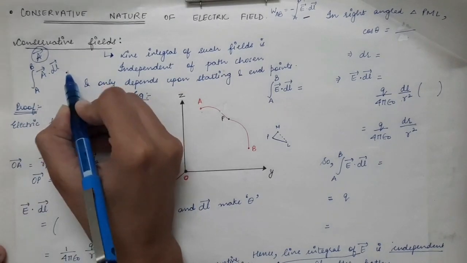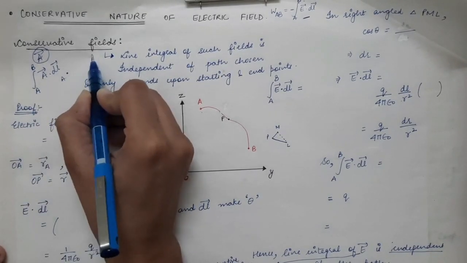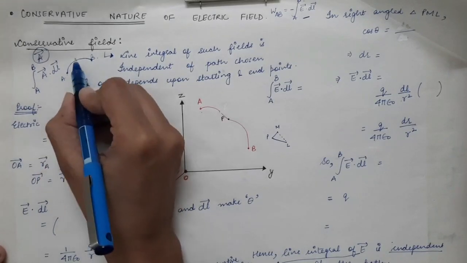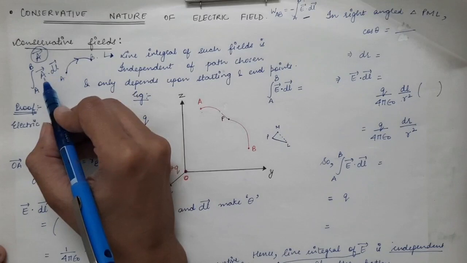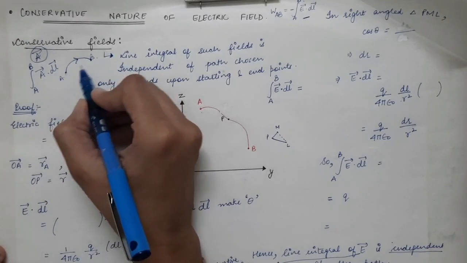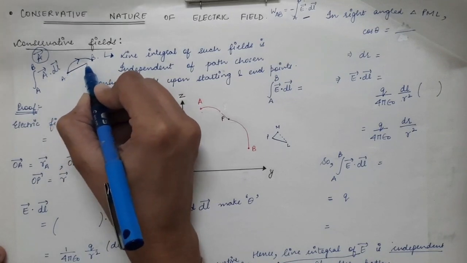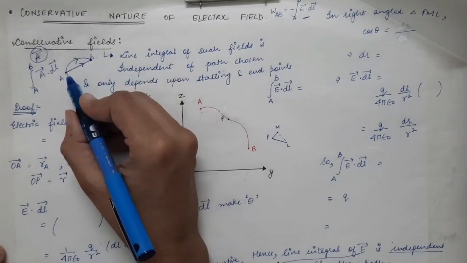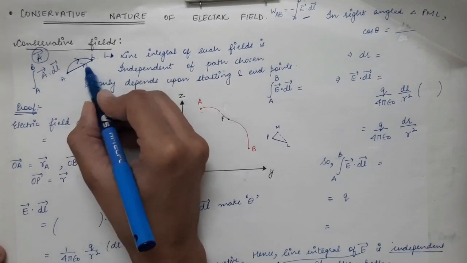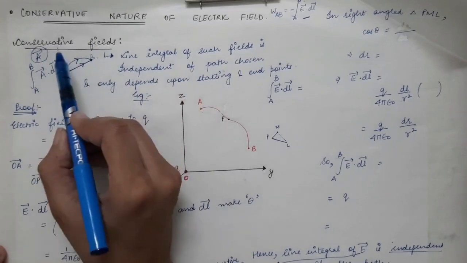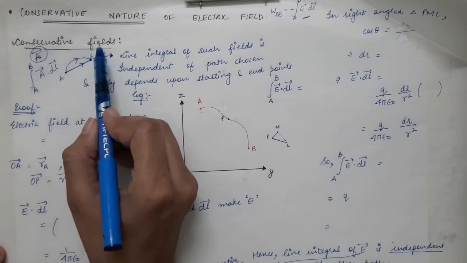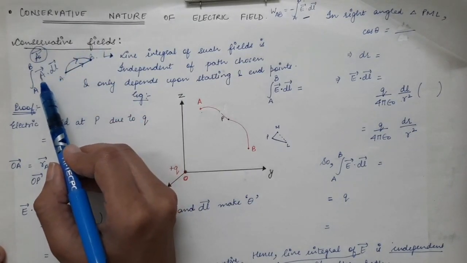So let's say this is point A and this is point B, and you are doing the line integral over this path from A to B. Let's say you are doing the line integral of A vector from A to B, and similarly you can also do the line integral along this path, which is a straight line. So you can do the line integration of A vector from A to B along this second path. Now the field A vector will be called a conservative field if the line integral of that vector